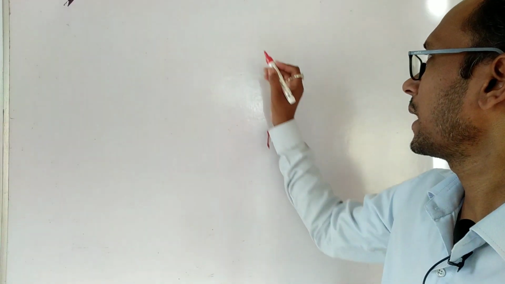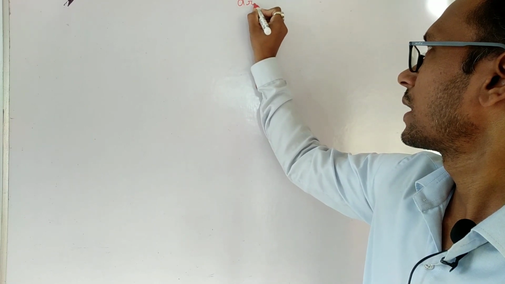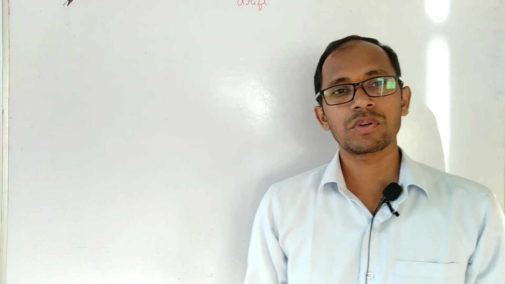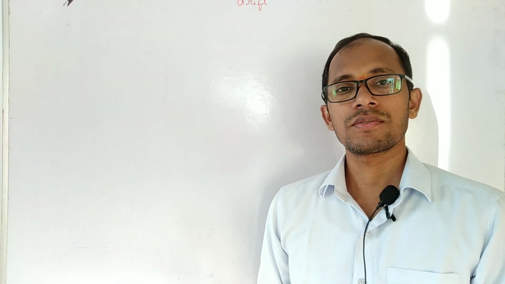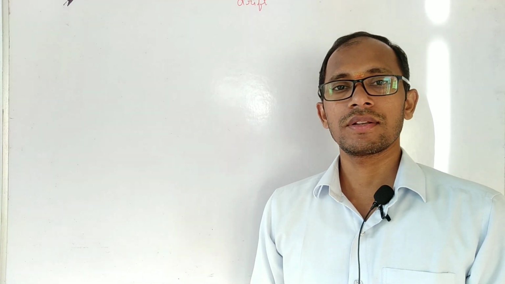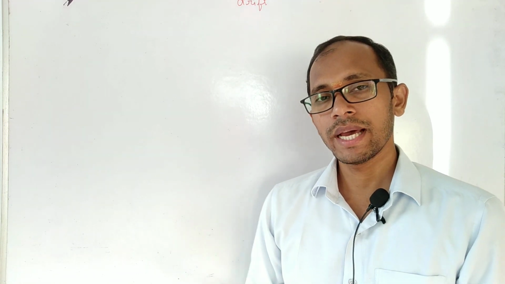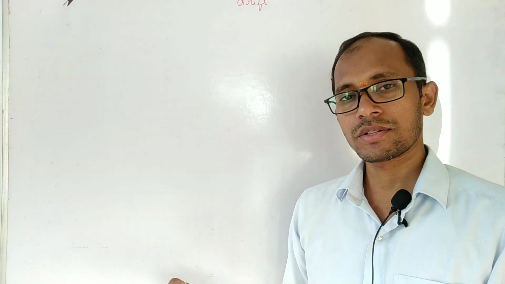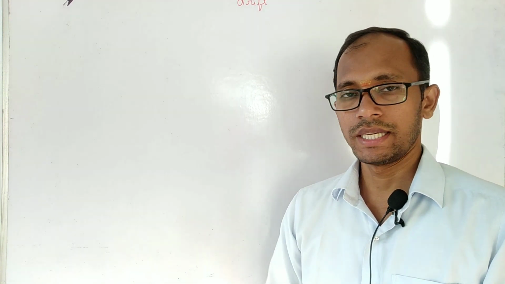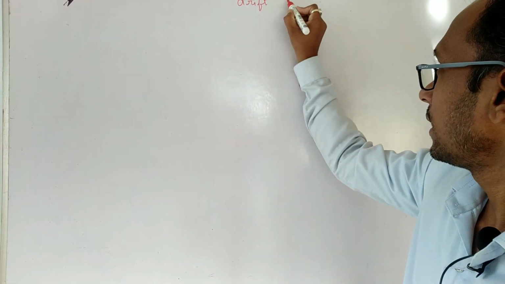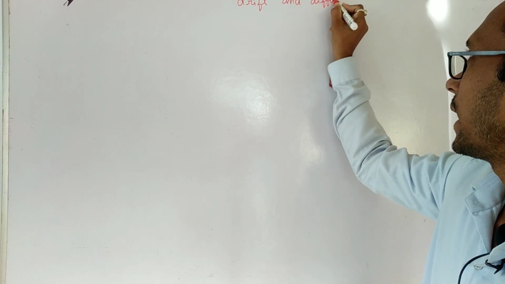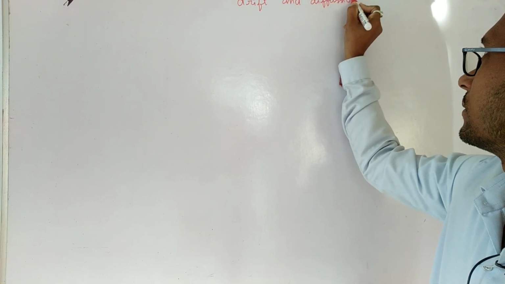So here in semiconductors, there are two currents we have to talk about. Since charge carriers, holes as well as electrons, are present in the semiconductor, different kinds of electrical conduction take place in semiconductors. This is completely different from conductors. So what are the two currents? Basically drift and diffusion current.